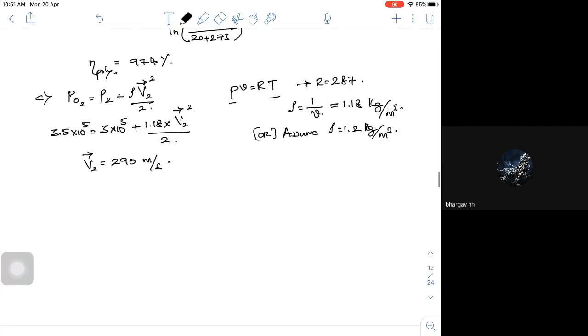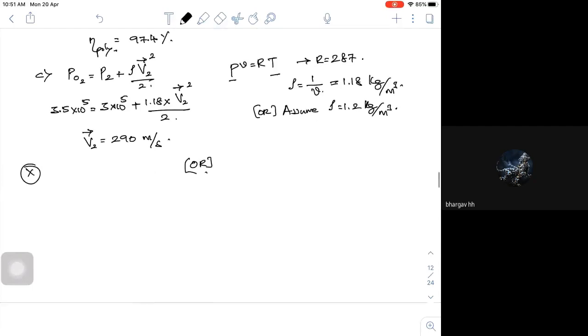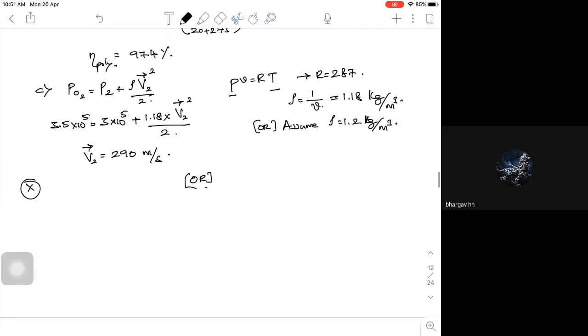Sometimes in some of the numericals, this is an extra thing I am giving you. Sometimes if the pressure is not given, is it possible for us to find using only temperature? If that is the case, so my stagnation temperature T02 is equal to T2 plus V square by 2Cp. So what is the value of T02? Which is 150 plus 273. Is equal to your T2. Fine.